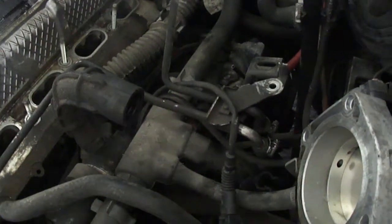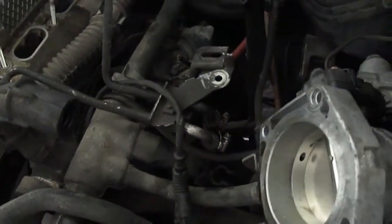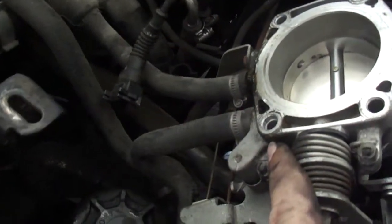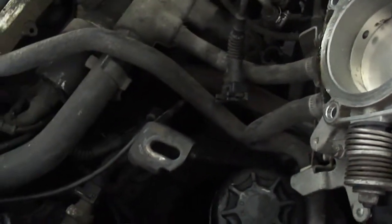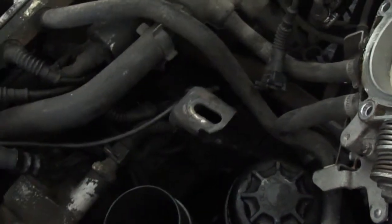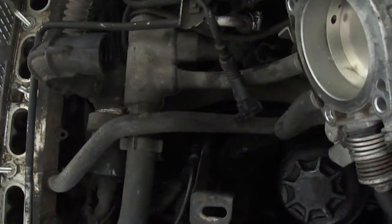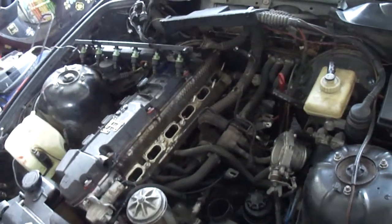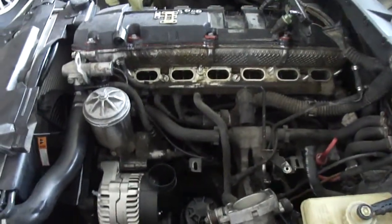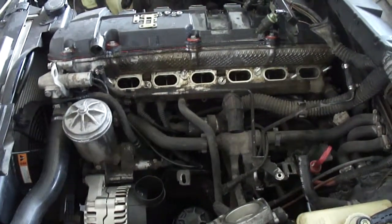ducting type deal. I don't know what you would call that, but the other hose runs into the throttle body here and back out. So I don't know if it's a type of purge solenoid or a throttle position sensor. I'm not quite sure what it is, but I'm sure that it's vacuum oriented. So I think I'm just going to put a T-piece on that and see if it solves that problem, or I'll just use my Dremel tool and my pipe dope and just tap into the intake pipe and just bolt